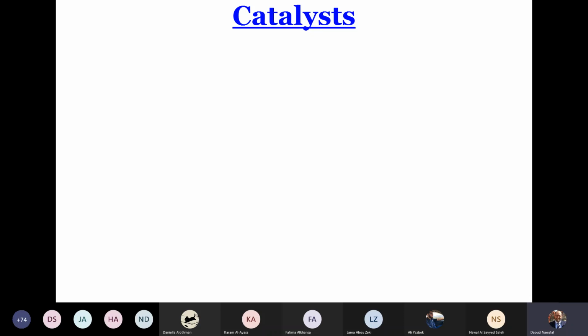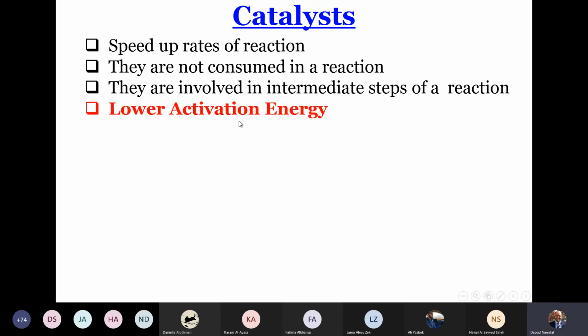The last part in the kinetics is about catalysts. What is the definition of a catalyst? In college, you studied that catalysts increase the rate of the reaction,